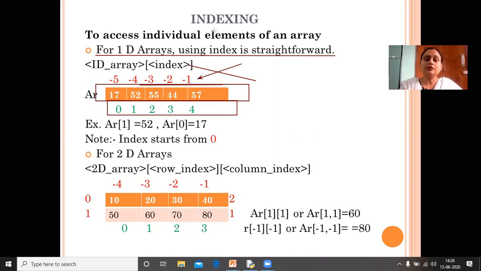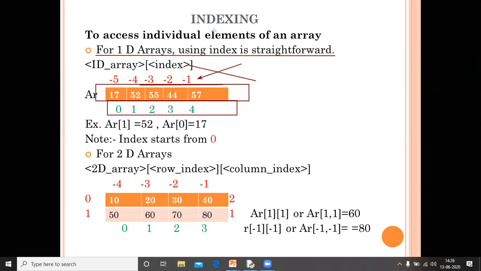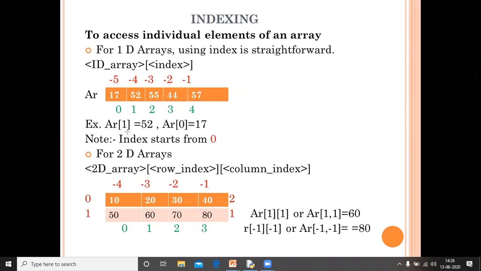Okay, then just check. First I write AR[1]. It means the index value is 1, so the output will be 52, because the index starts from 0, and then 1.